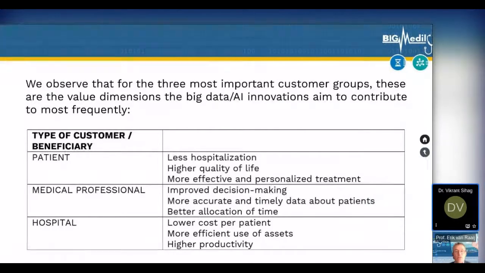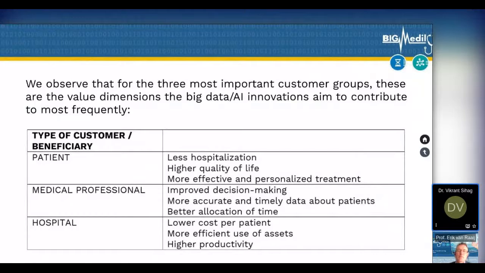For the medical professional, improved decision-making. So that really is about better targeted decision-making. We've seen, for instance, the pilot teams with visualizations that could help medical professionals make better decisions, but also receiving more accurate and timely data about patients. And also for medical professionals, better allocation of time, which should also translate, of course, into higher satisfaction for the